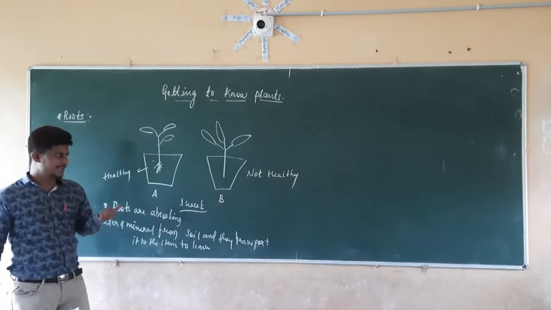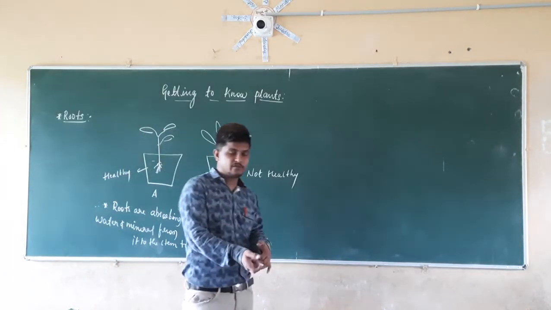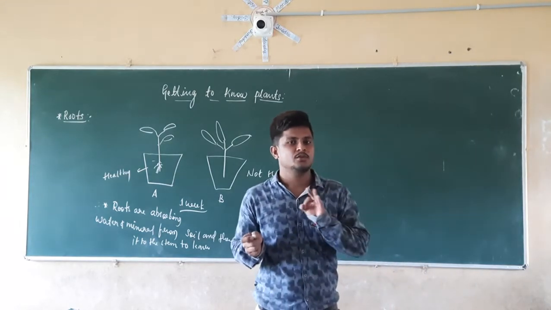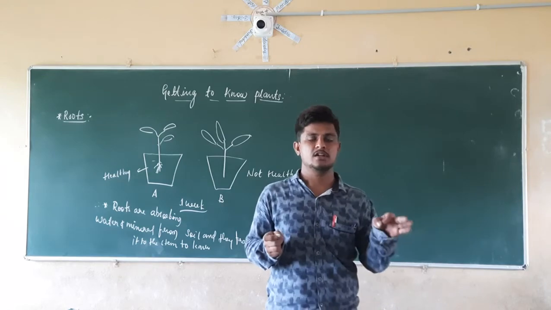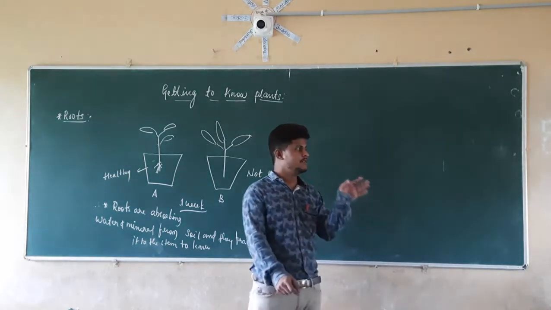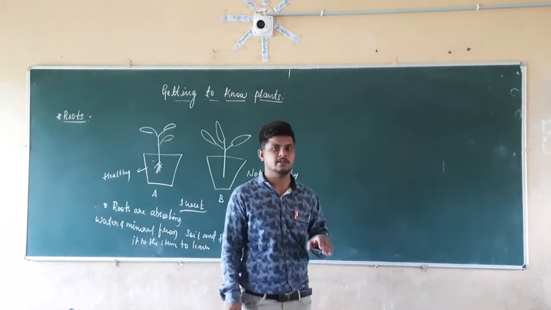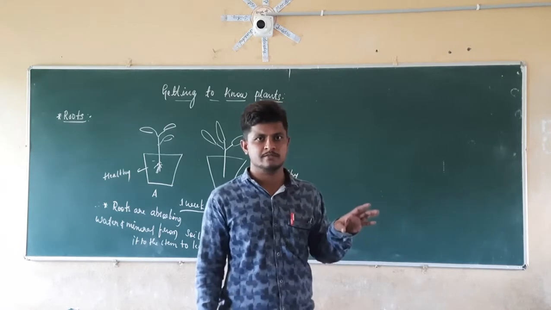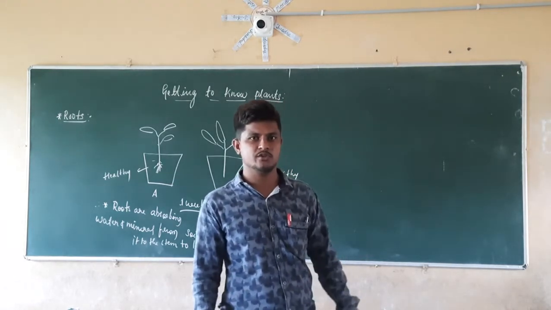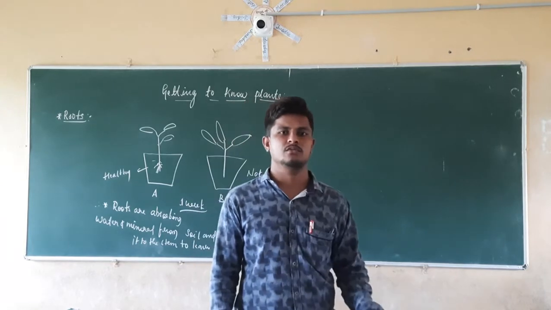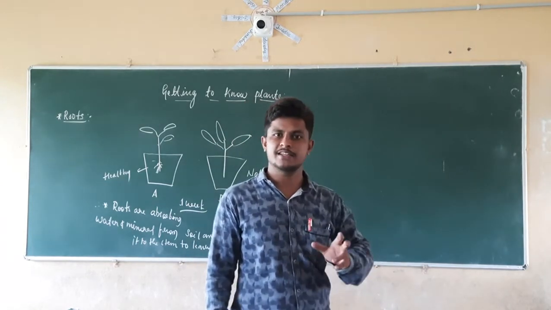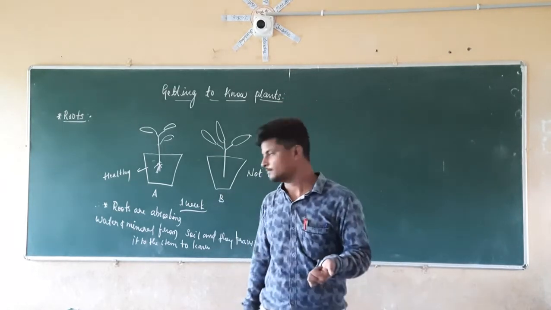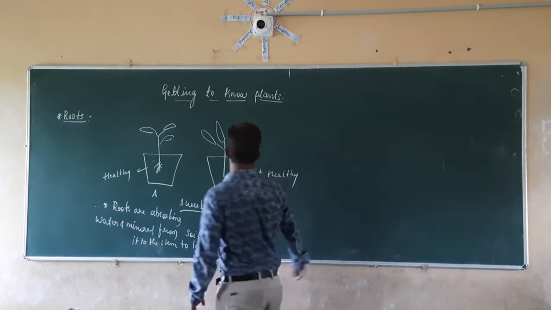For that reason, while taking out those plants from the soil, what precaution did we take here? We took the precaution that the roots shouldn't be damaged. We belong to a farmers' family, and every parent tells you not to harm the roots. If you damage the roots, what is going to happen? That plant is not going to grow. If you break the stem, it is possible that it will grow again. But if you damage the root, it is not possible for it to grow again. So this is one of the major functions of the root.